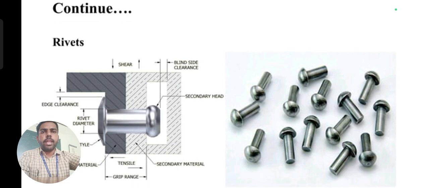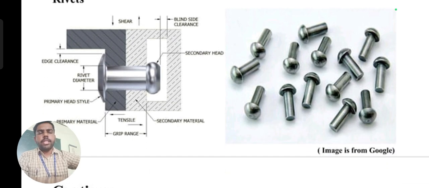And after that, rivets. Coming to rivets, the difference between rivets and bolts is that bolts have the thread system, but rivets have only the shank. There is no thread system involved in rivets. This type of rivets is used in very common minor structures like windows and glass fittings, and some branches of steel structures. This type of rivets may be used,